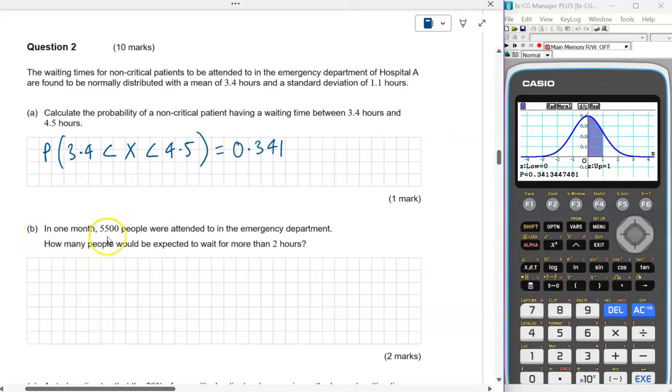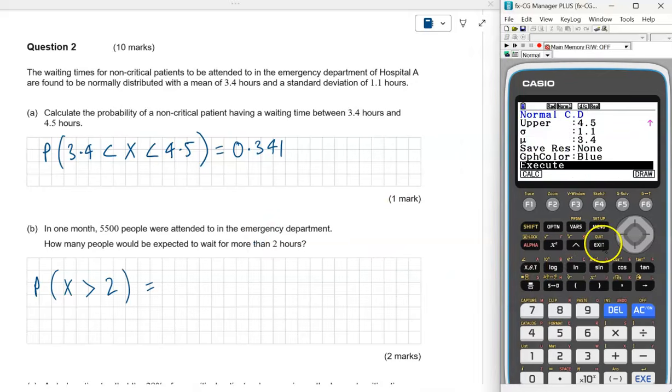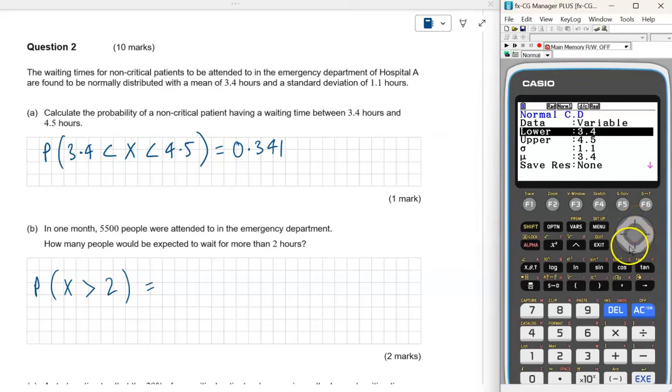Part B says, in 1 month, 5,500 people were attended to in the emergency department. How many of those would be expected to wait more than 2 hours? So here we're looking at what's the probability that someone waiting, let's say X, is going to be greater than 2, okay? So we just hit exit on our graphics calculator. We're just going to change a couple of these parameters in terms of the boundary. So our lower boundary now is 2 hours, and our upper boundary we want to make as high as possible. So we just pop in 1 times 10 to the power of 99, make it as high as possible,